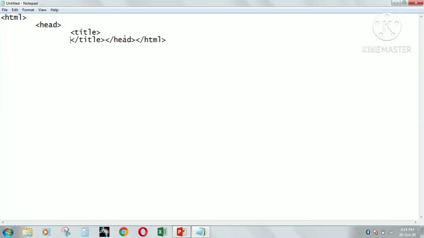Set it with the tab. Press the tab key to make it look presentable. Write the title: HTML practical, HTML practical practice.